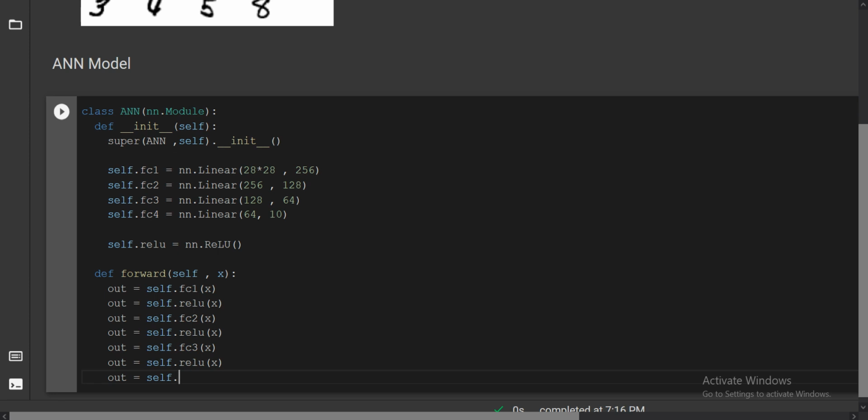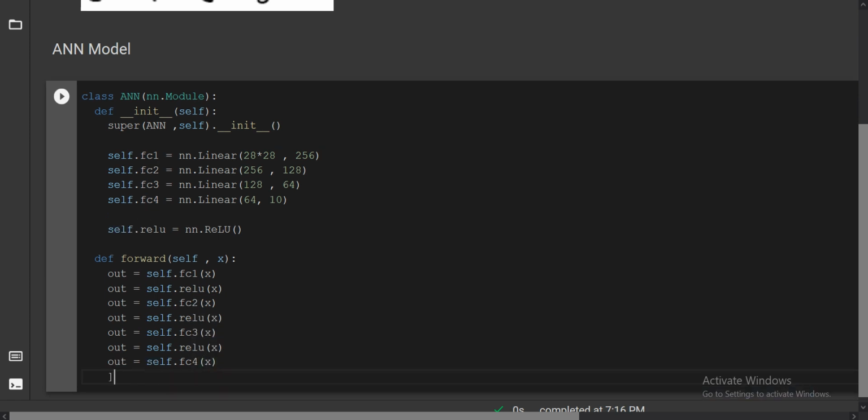Why? Because after that we will use the softmax. Why are we not using any softmax here? Because whenever you use a loss function like categorical cross entropy, by default in Python they first use the activation function. It is predefined, that is the softmax activation function. Every number in the output layer they will convert into probability, and whichever neuron has the highest probability will be our output. That already comes with the loss function, so you don't have to write the softmax here. So what you will write is FC4, that's it, and you can just return output.